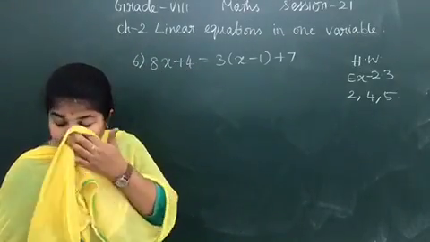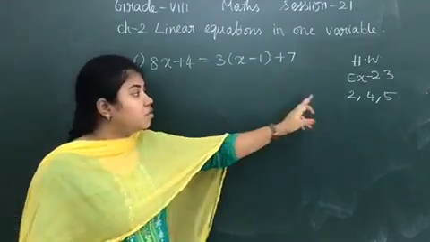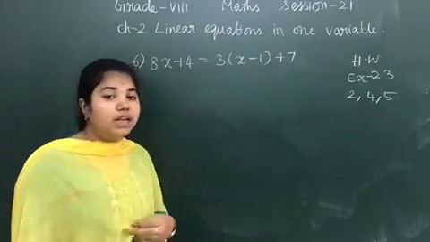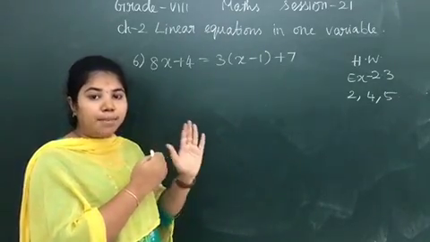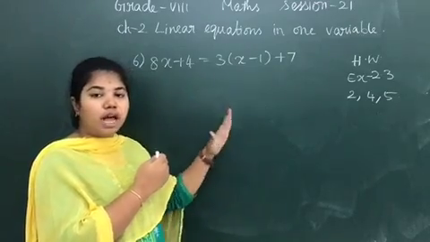So we have completed the first sum, third sum, and now I am going to teach you the sixth sum. So second, fourth and fifth sum will be your homework. It's very simple. Write the question, bring all the variables to one side and numbers to the other side, then solve it. You will get the value, substitute the value in the question.